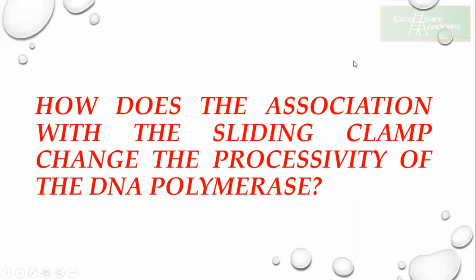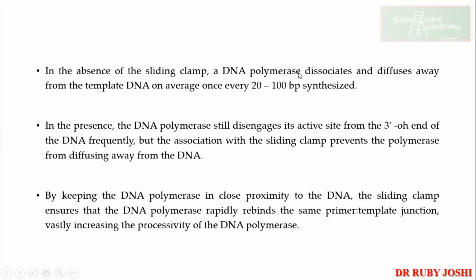Now, how does the association with the sliding clamp change the processivity of the DNA polymerase? How is it helping? In simple terms, if the sliding clamp is there, the DNA polymerase is going to synthesize efficiently. If it is not there, it cannot. It will fall off from the DNA template. Okay? So, in the absence of the sliding clamp,